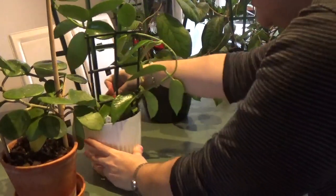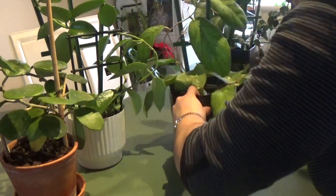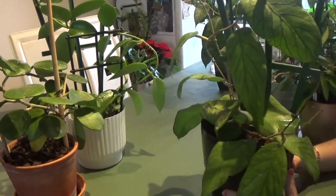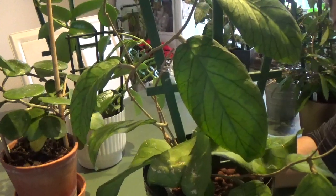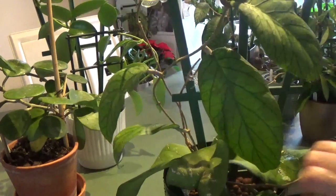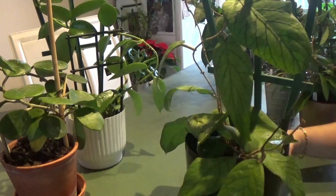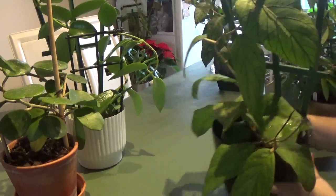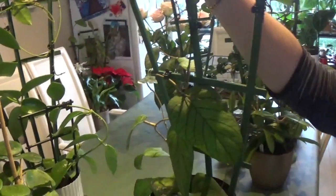Next, I've got my beautiful Hoya Meridita, which doesn't need any explanation. As you can see, it's the most beautiful Hoya I've ever had in my collection. I really love these big leaves and the veining on it. I had a very big leaf growing in here on top. Oh, you can't see. Maybe I should take it in. Yeah, in here I had a big leaf,